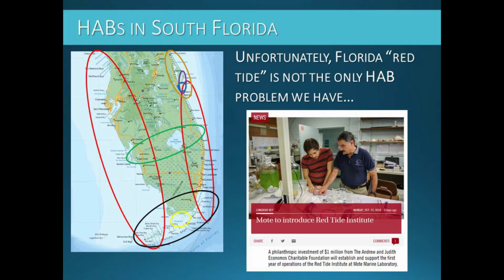So I'm going to go back to this. That was depressing enough, but this is the thing. Unfortunately, the Florida red tide is not the only HAB problem we have. I already showed you this and described to you. We get a lot of other issues out there. And I just found this out,